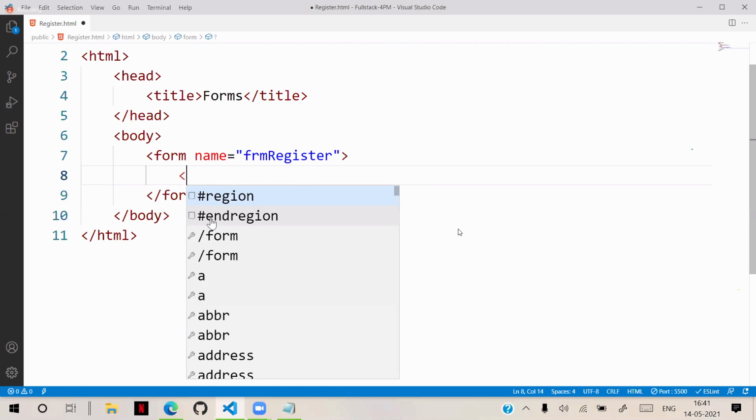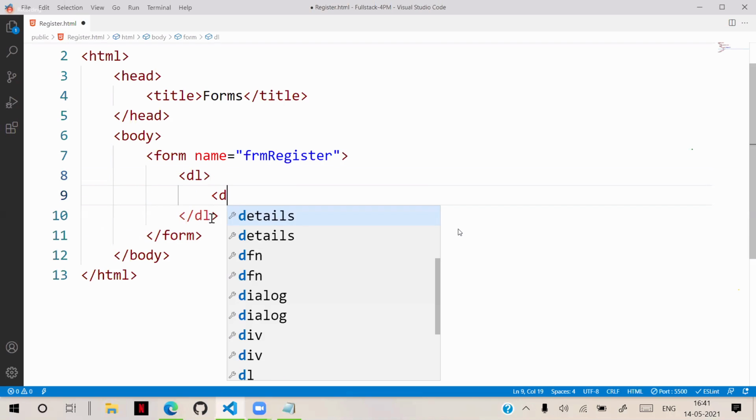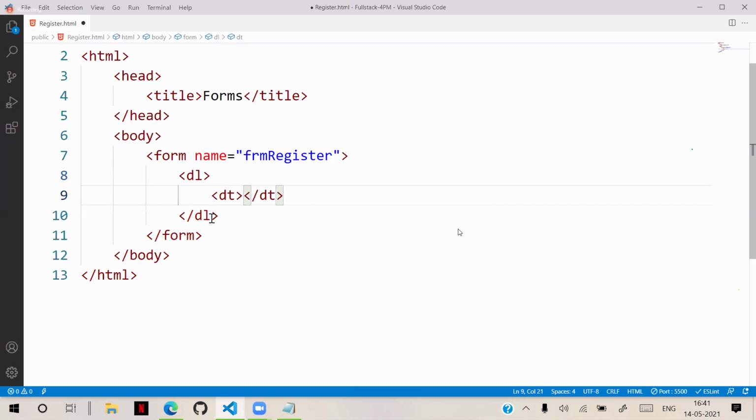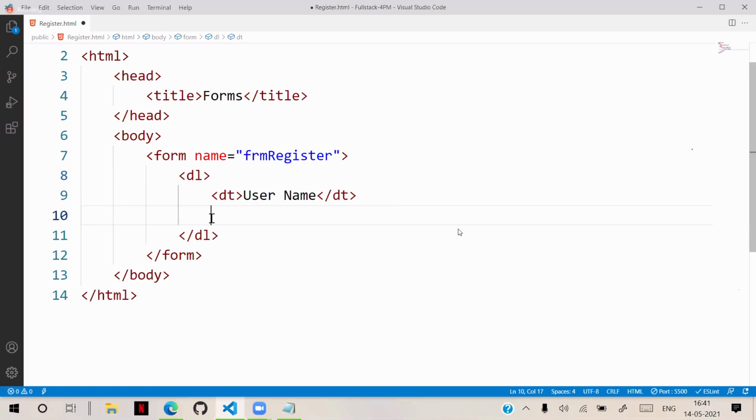Input is actually, by default, you can see, I am creating a data list. So data term, I said username, and I will keep data definition. Here I am writing input. Just input is enough. When I write input, automatically this input is going to take the value.